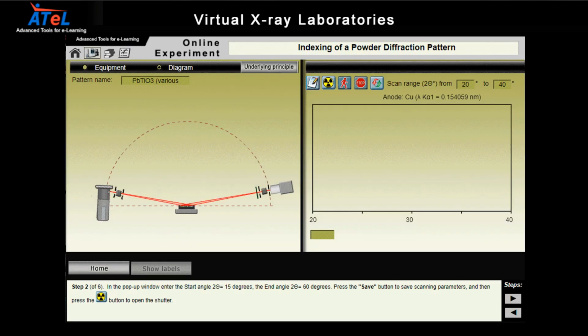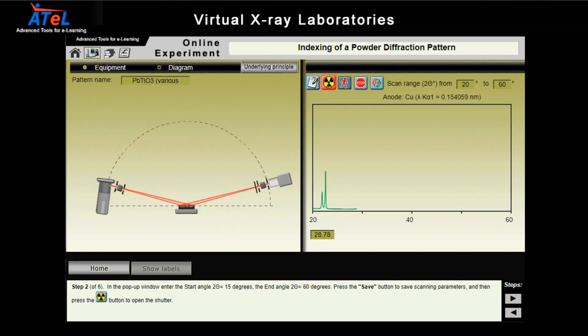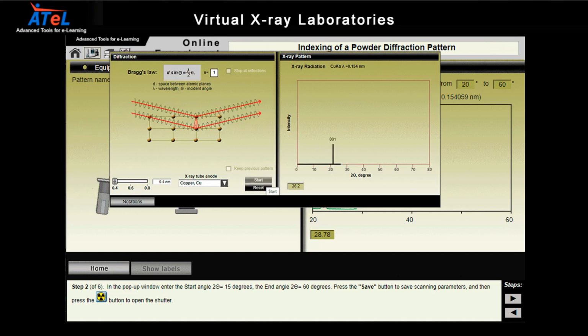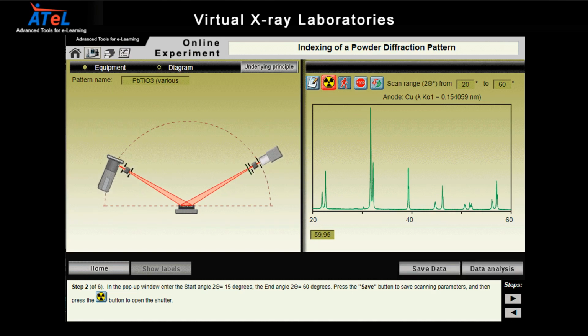While scanning, the user can switch from the dynamic Bragg-Brentano diagram to the goniometer view. It is also possible to run auxiliary Bragg's law simulations to observe how the X-rays get diffracted by the crystal lattice. The pattern can then be either saved and analyzed by any third party, or it can be opened with our